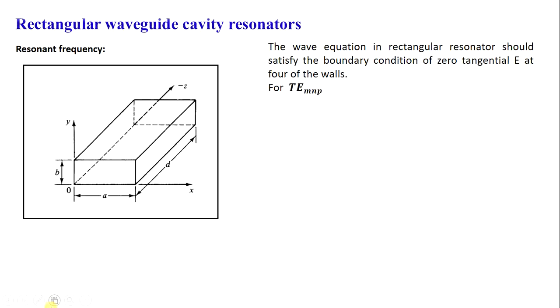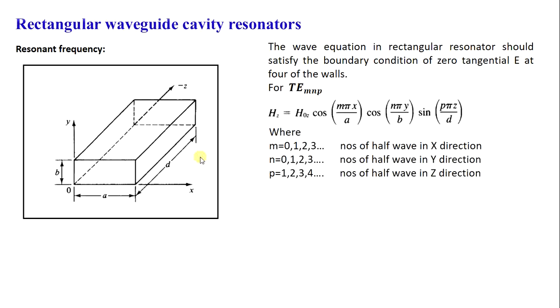For the TE mnp mode, Hz can be given as H naught z cos(m pi x by A) cos(n pi y by B) and sin(p pi z by D). This last term is added for the length of the cavity resonator, where m is 0, 1, 2, 3 and so on, the number of half waves in the x direction, while n equals 0, 1, 2, 3, the number of half waves in the y direction, and p equals 1, 2, 3, 4 and so on,